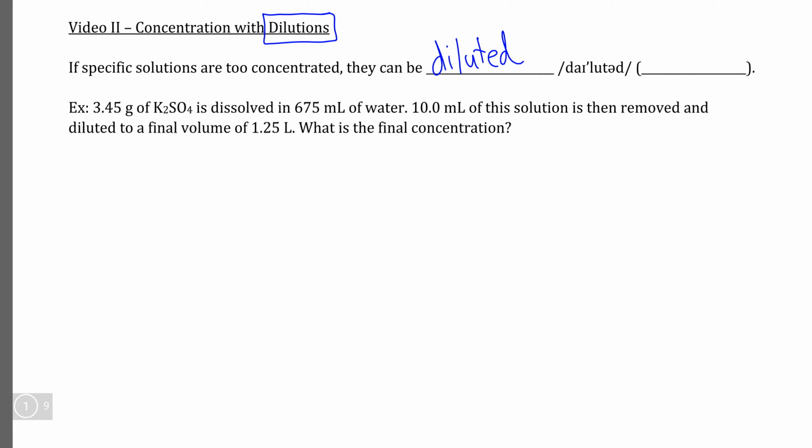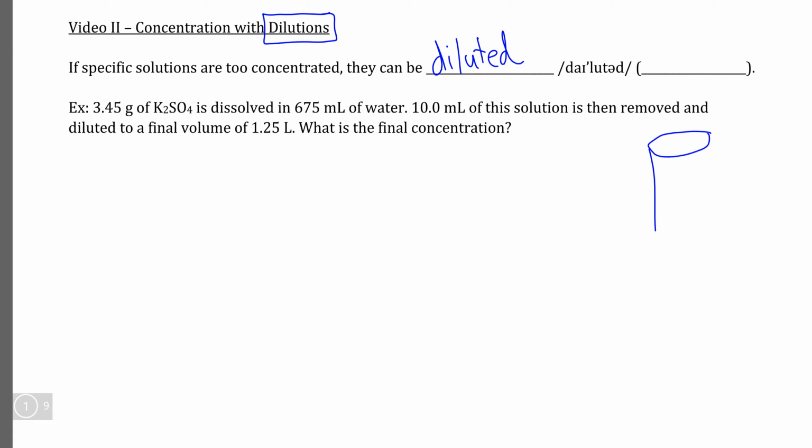Number one is adding more water so that there is more solvent for the same amount of solute, therefore lowering the concentration. Or we can do this by actually removing a small amount of solute from the original solution, again thereby lowering the concentration. This example actually shows what happens when you do both, which is what makes it complicated because there are multiple steps to the calculation and therefore a lot of measurements that you're given, and it can be easy to get lost if you're not paying attention to what exactly we're doing.